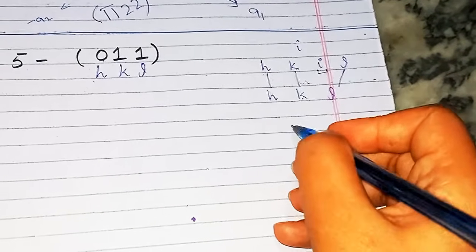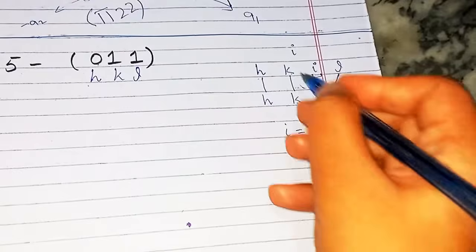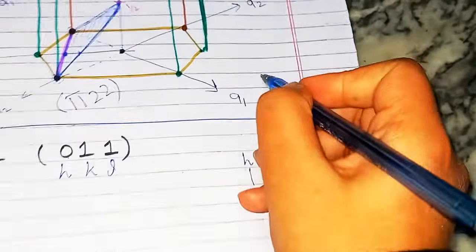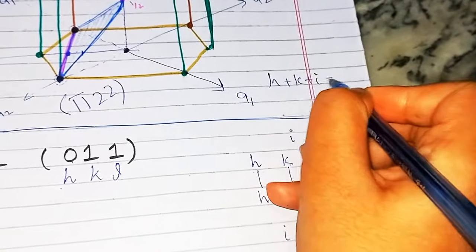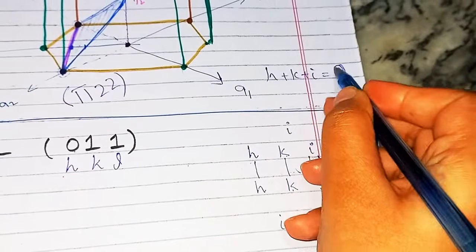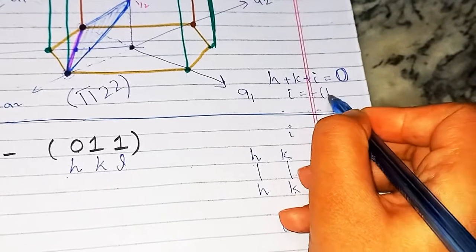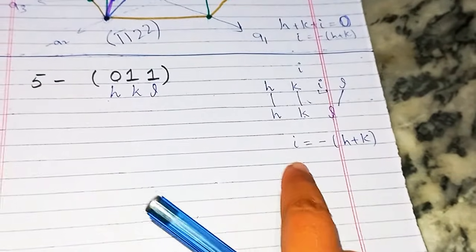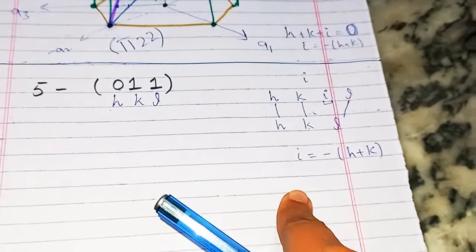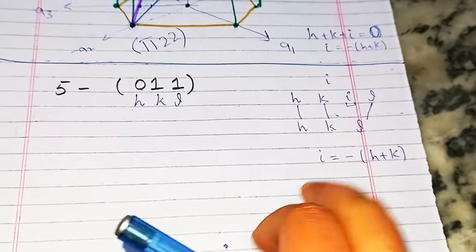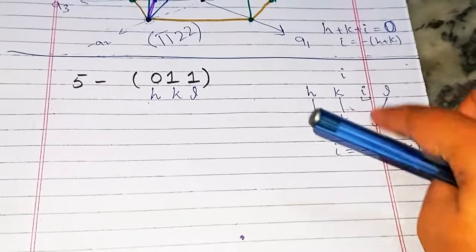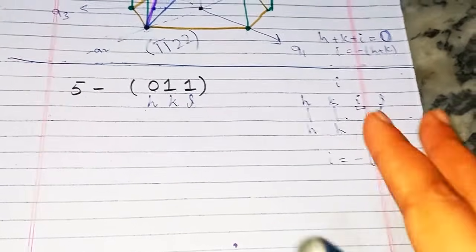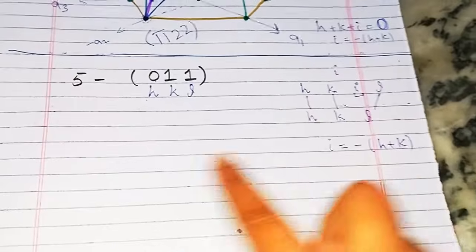But I is only different, and I is obtained from H and K, like that. The equation that I told you earlier, this one, equals 0, and I would be equal to negative of H plus K. That is really simple. So there is a really interesting relationship between Miller indices and Miller-Bravais indices, while in case of directions, they are not equal, they are all different. In case of direction, the case is really different, but in case of plane, the case is really simple